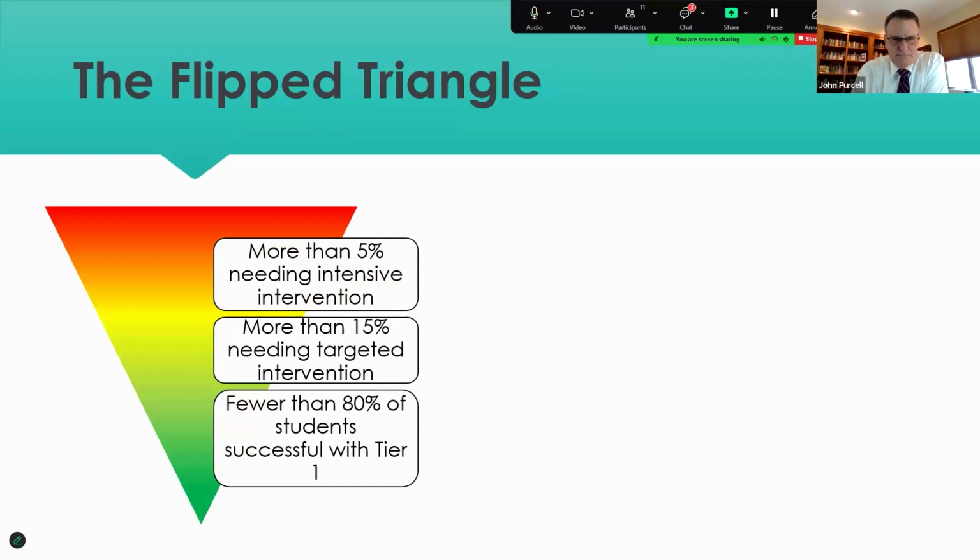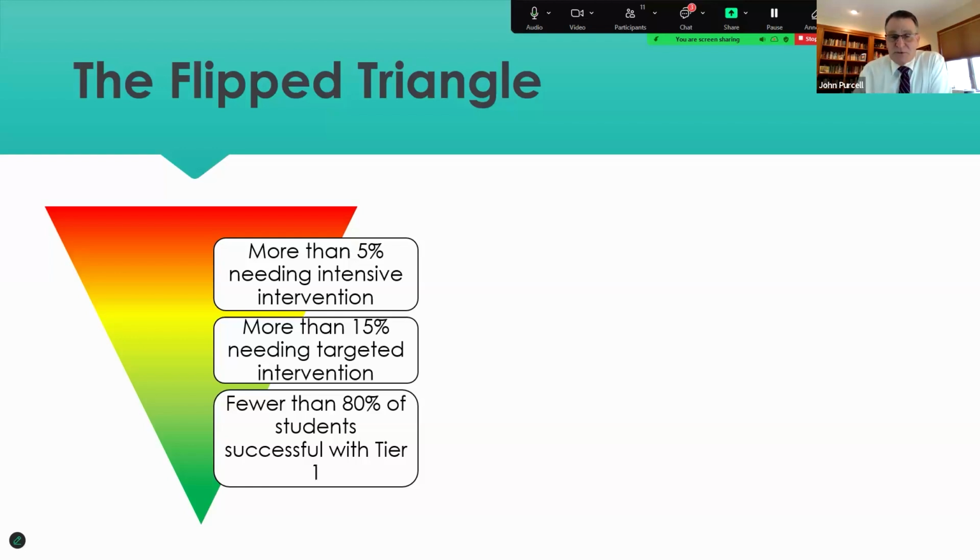But what happens when that is flipped? When most of our students are not performing as we would want them to perform? Well, the first thing I'm going to do is look at instruction, but we'll get into that. We call that a flipped triangle or class-wide intervention. It's important in class-wide intervention. There are a couple of questions to be asking. First of all,